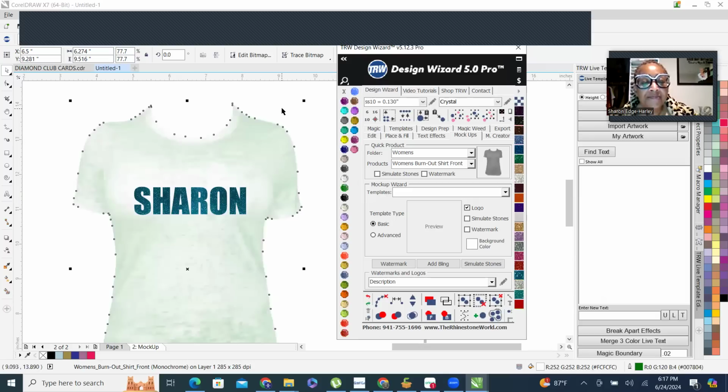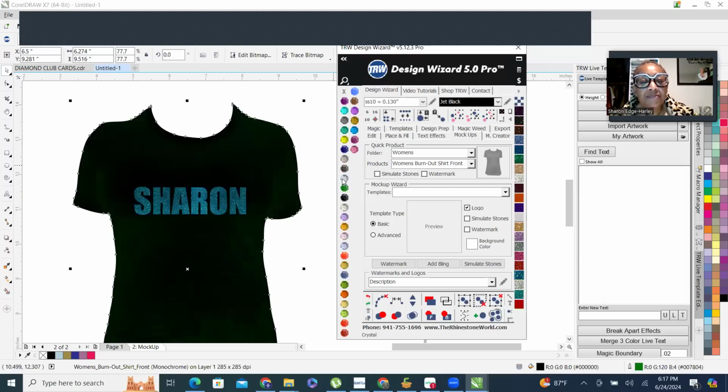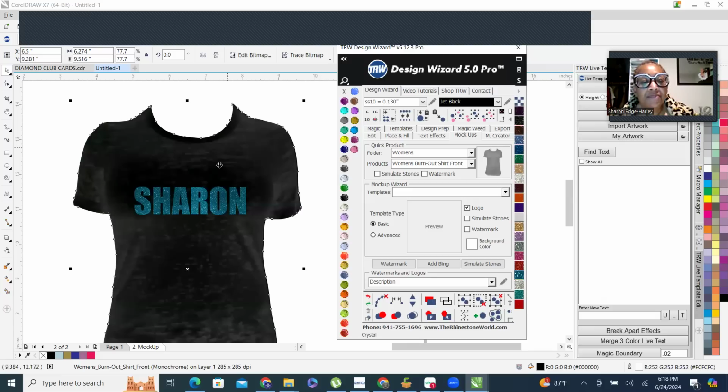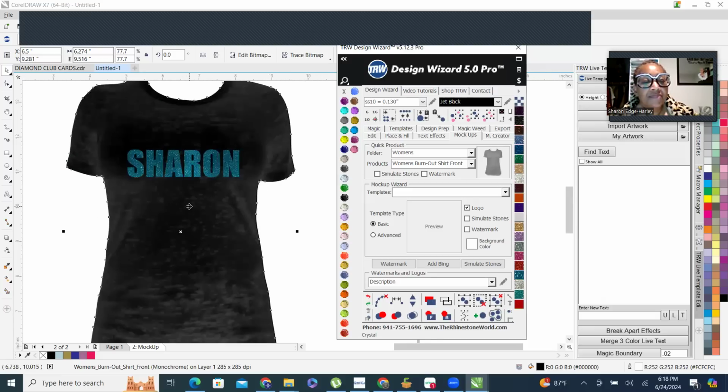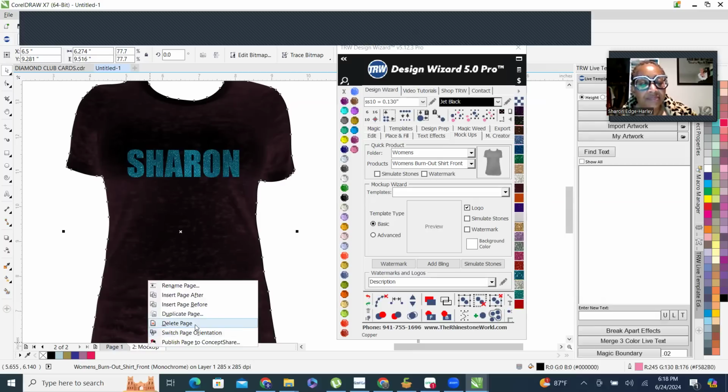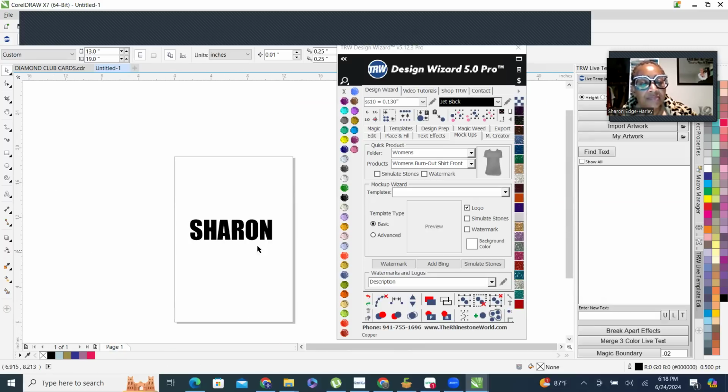So, perfect example, let's go with a black shirt. If I right click on the white, it gives us the shadow so that we can see the definition in the shirt. Let's just say the shirt had a fancy blue hue to it. We can add in that blue like so by right clicking on the color when you're on the shirt. All right. I'm just going to right click here and just delete this page for the mockup and come back to your